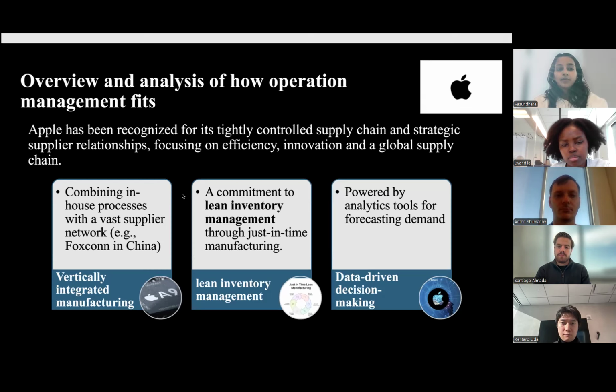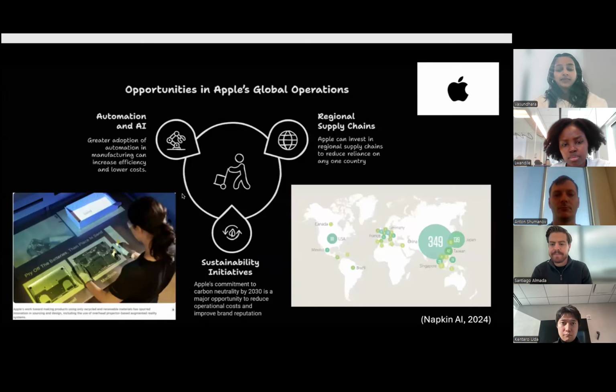Some of the opportunities which we see for Apple in operational efficiency are, let's talk about from right to left, the regional supply chain optimization. Apple has been making decisions to put supply chains in India and Vietnam so that they increase the optimal level of manufacturing. Secondly, on sustainability,